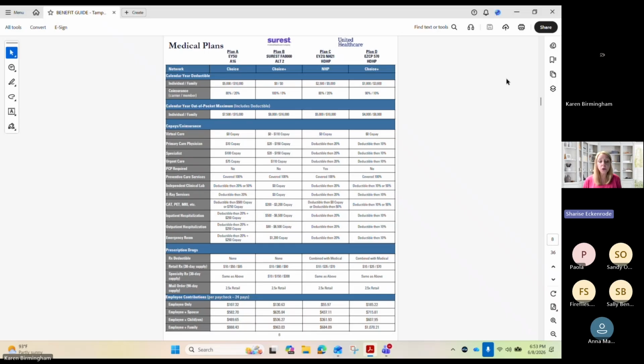And so if you look down at the list, everything is most economical on that list. But what I wanted to point out is this plan is an HSA plan, which is a high deductible health plan. That essentially means that you will have to meet your deductible first, which is $2,500 individual and $5,000 family, then your copays will start to take over. So, for example, if you look at your primary care physician, you will pay until you reach your deductible, and then you'll pay a 20% copay of that